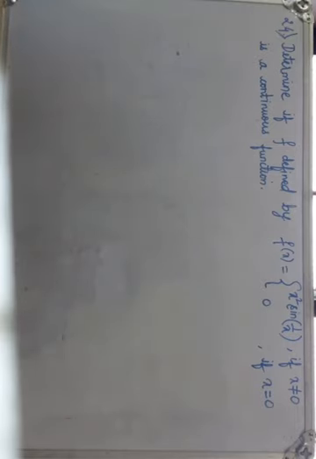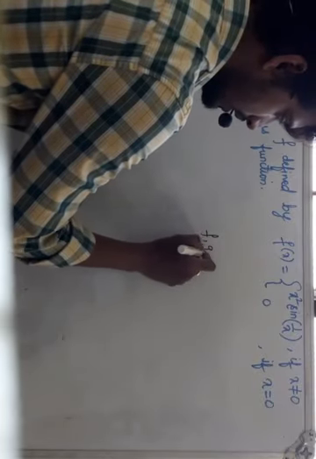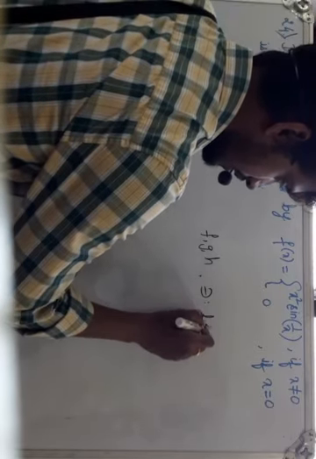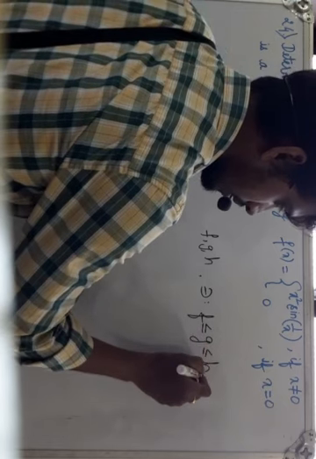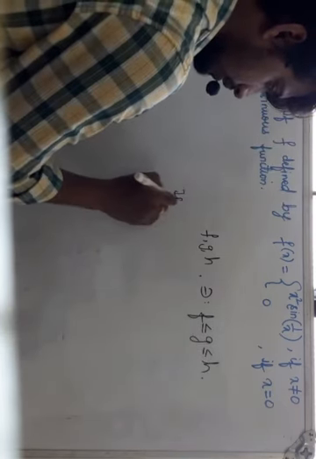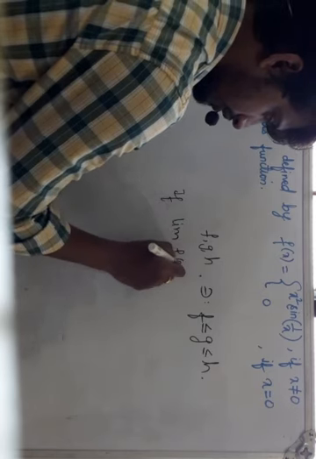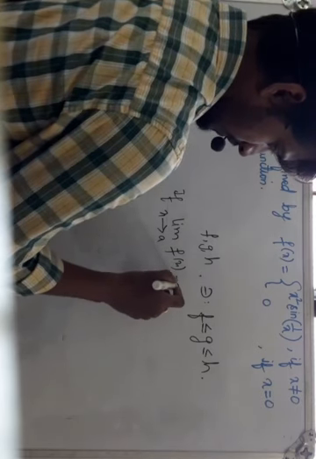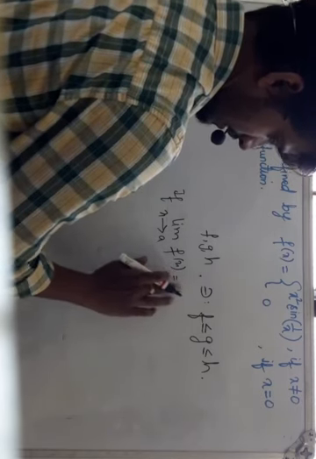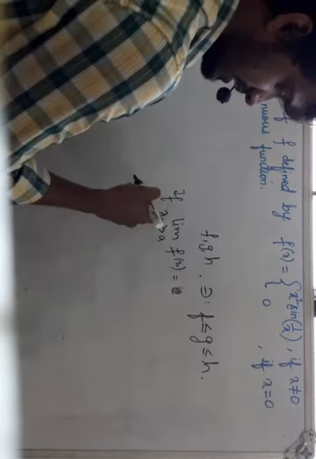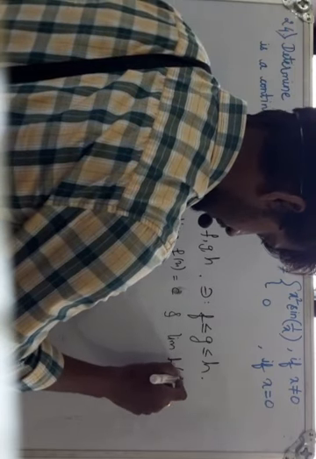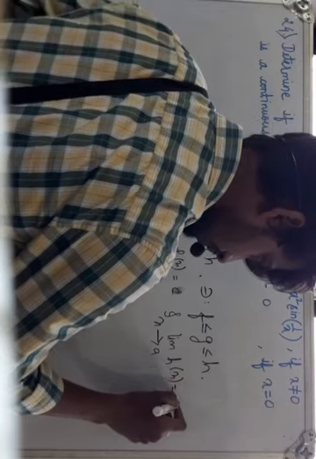What does the sandwich theorem say? I will just brief that concept. Suppose f, g, h are three functions such that f is less than or equal to g, less than or equal to h. And if the limit of the function f of x as x tends to a is equal to c, and the limit of the function h of x as x tends to a is also equal to c,